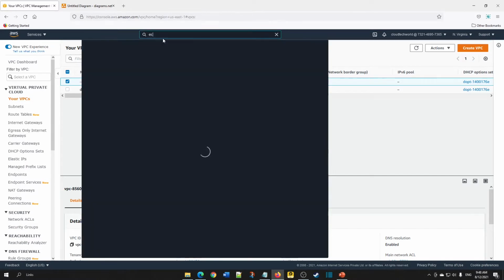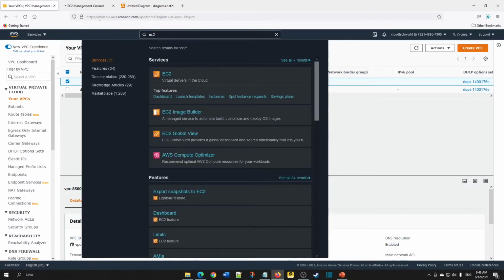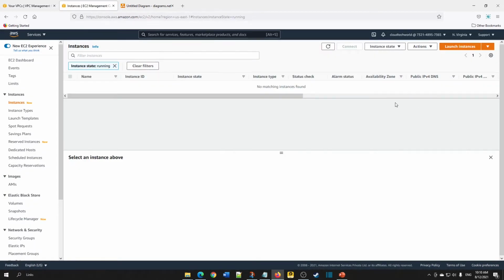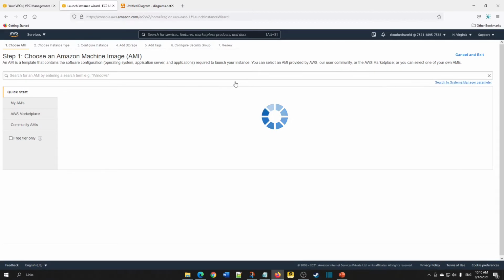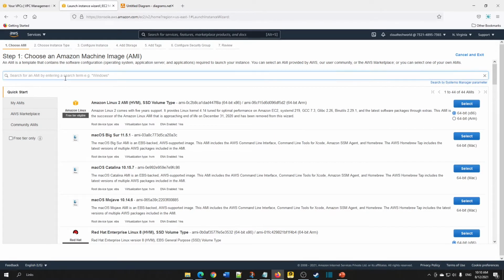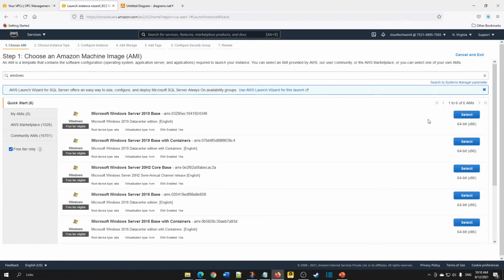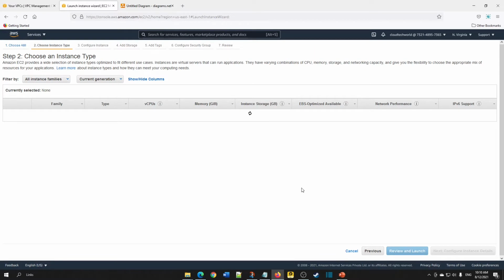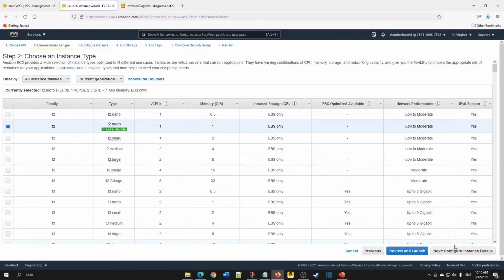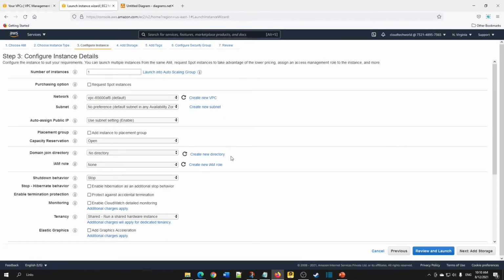So go to the EC2 dashboard. First, we will be creating a Windows EC2 instance. You can choose a Windows AMI, click the free tier option. I will be running this quickly, since our main purpose is to create VPC peering.